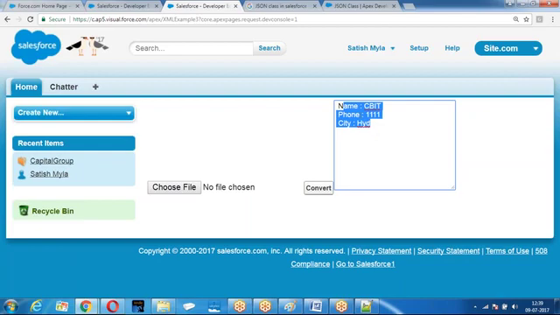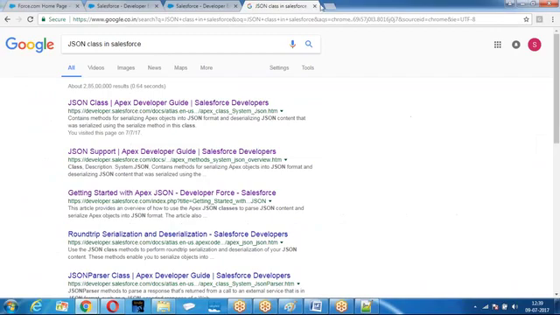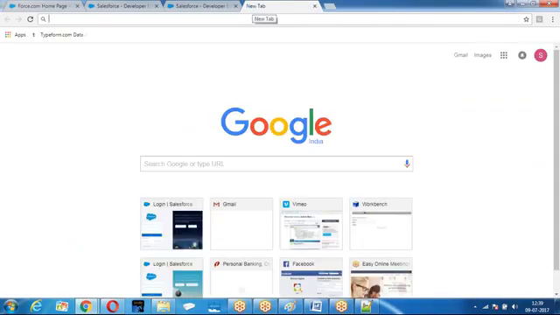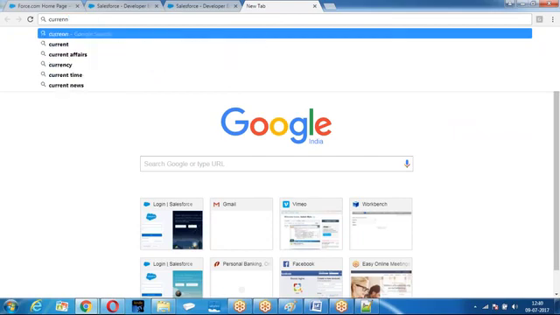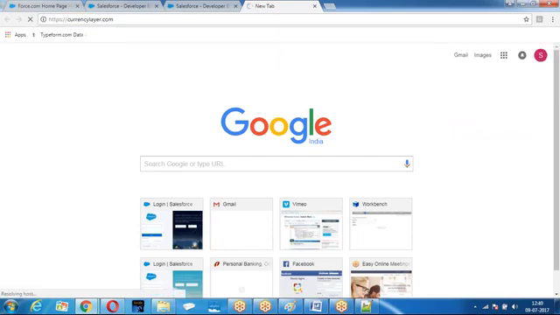Okay, let me show some examples for understanding. I'm using some third-party system.